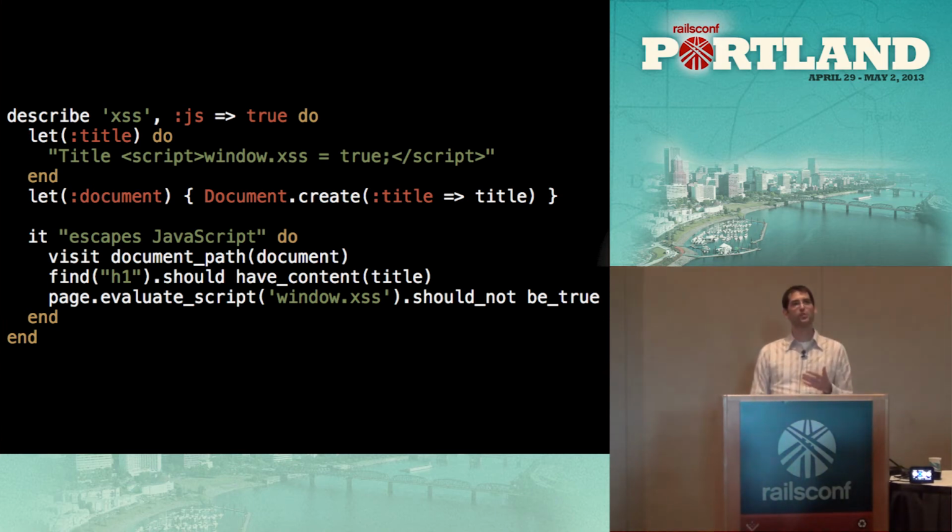So if you test your most important flows, you won't be looking at your growth graph and being like, oh,